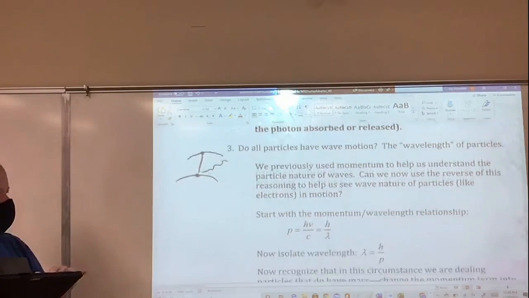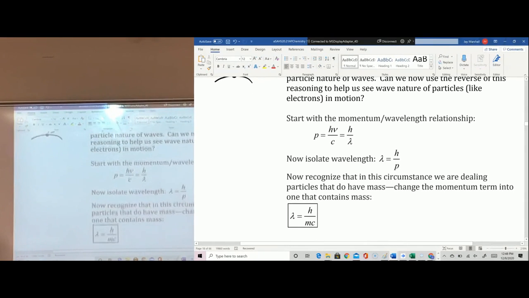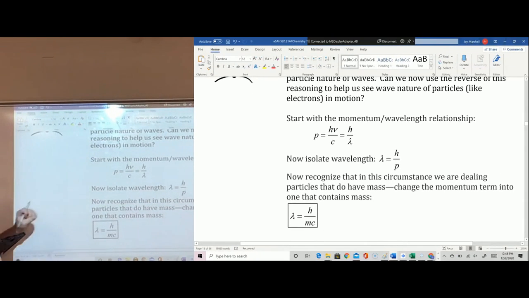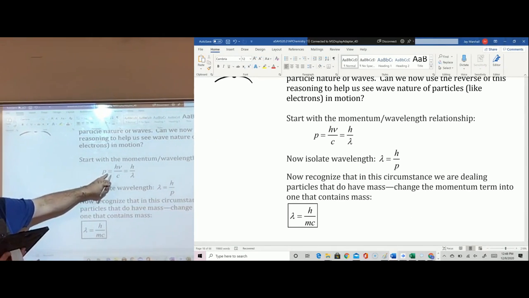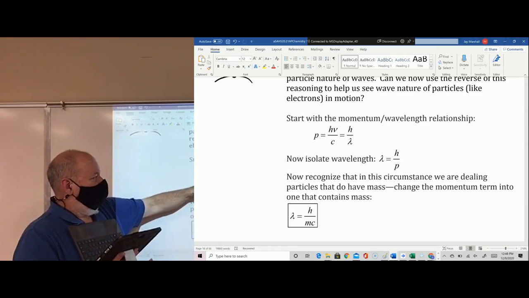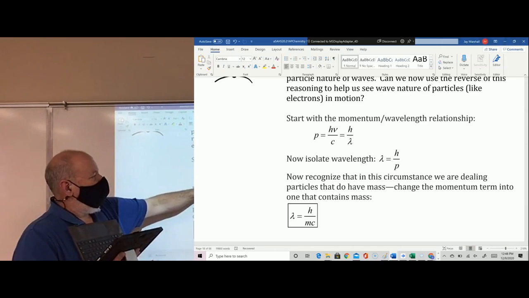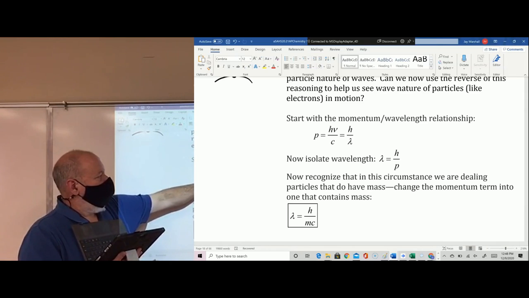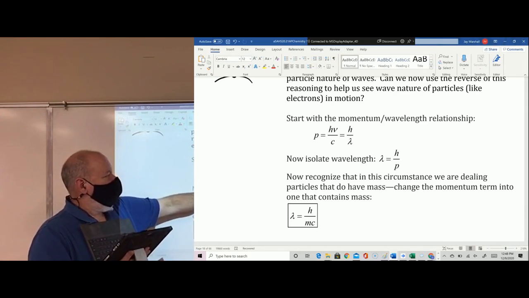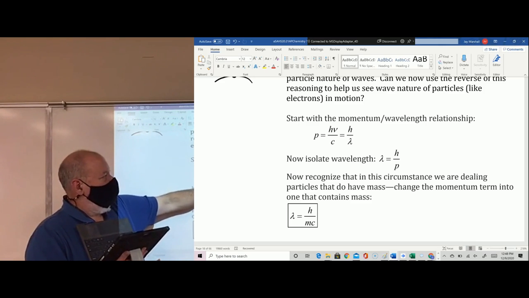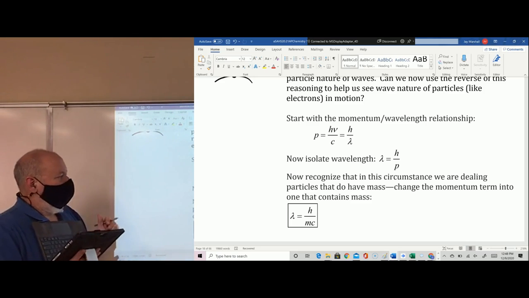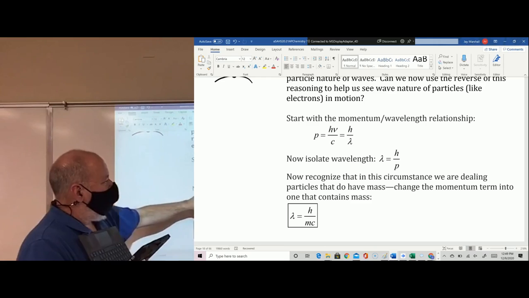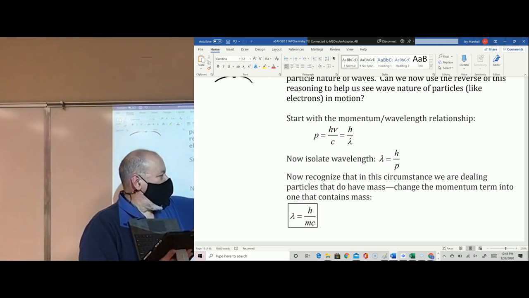So we're going to start with the momentum wavelength relationship. Remember, we said that the momentum of a wave, and if you needed this on the AP test, they would give this to you, is equal to Planck's constant either divided by the wavelength or multiplied by the frequency divided by the speed of light. Okay, if we isolate the wavelength now, we get